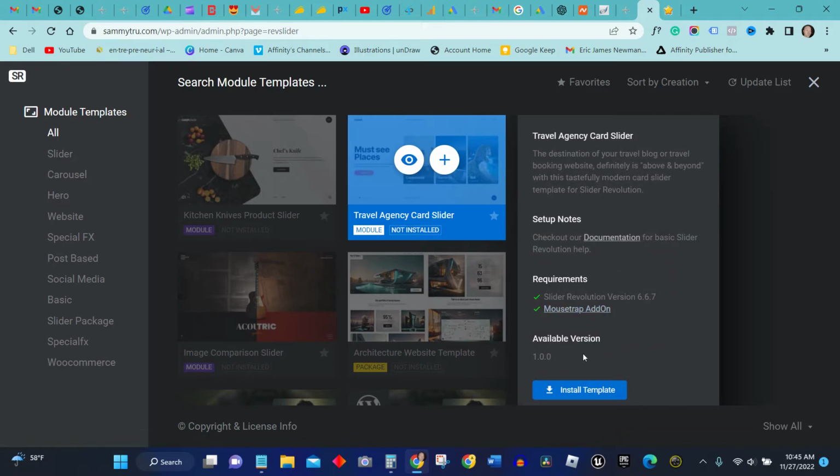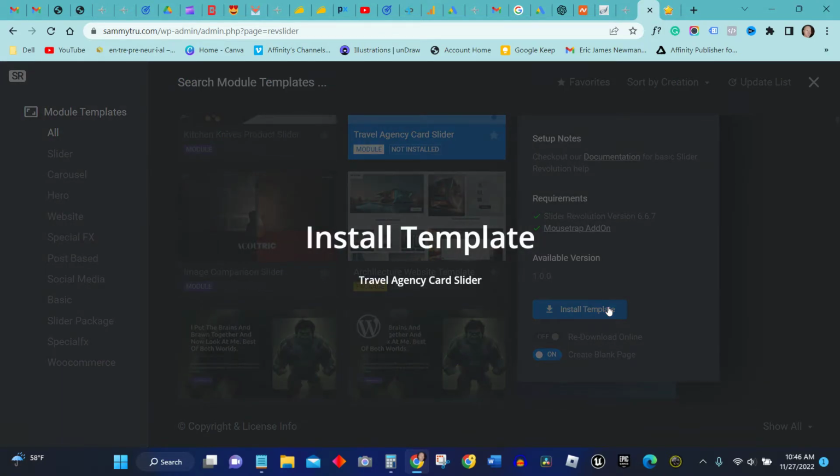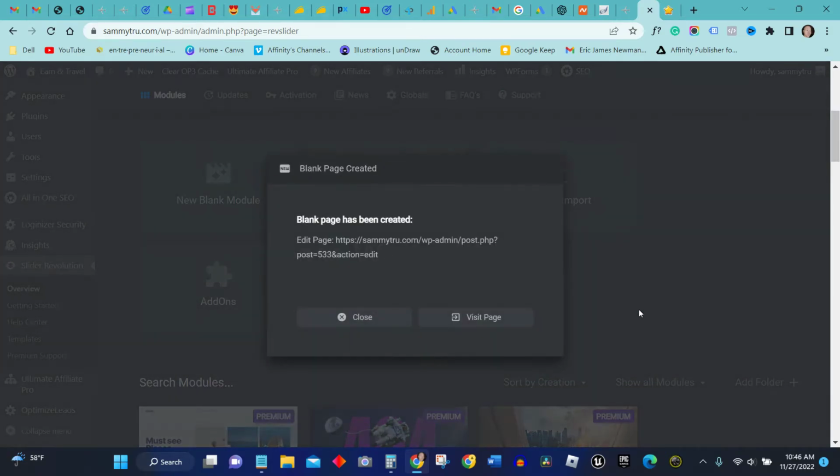The requirements here are that Mousetrap add-on. I do have the add-on, as you can tell by the green check mark. And I could create a blank page, which will create a page in my WordPress. As I edit this, you can see, hopefully, the value in having such a pixel perfect website. I don't know if you're familiar, so I click visit page,